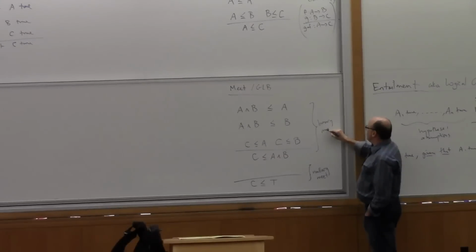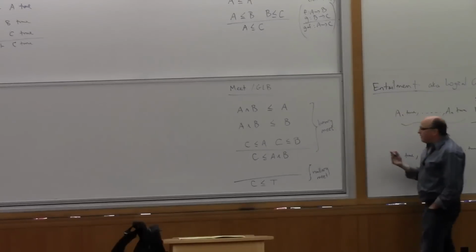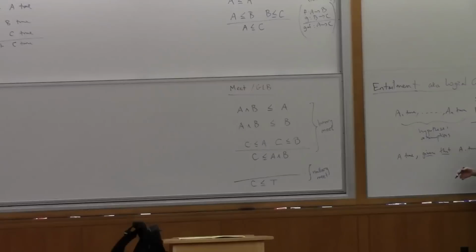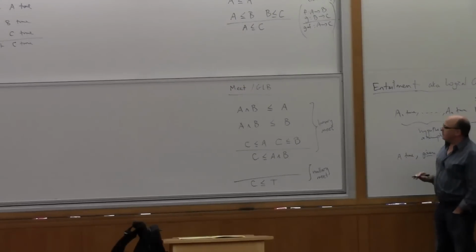The reason I bring that up is because if you have all binary meets and nullary meets, then you have all finite meets. Any finite subset has a greatest lower bound. Now here's an interesting thing about this structure. That structure would be called a lower semilattice. That would be the jargon for such a thing, because it has meets. If you do it the other way around, where you have joins, I'll come back to that later, you can dualize these things, then you get an upper semilattice. So this is called the lower semilattice.